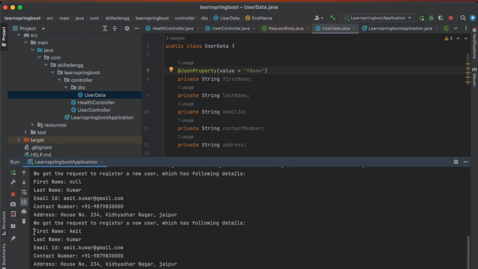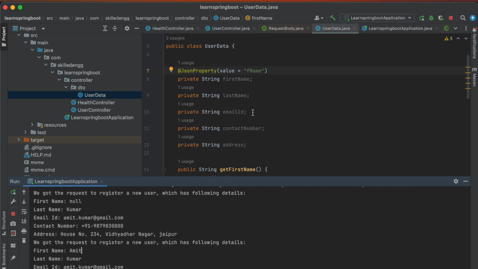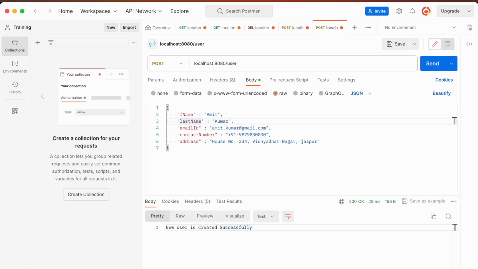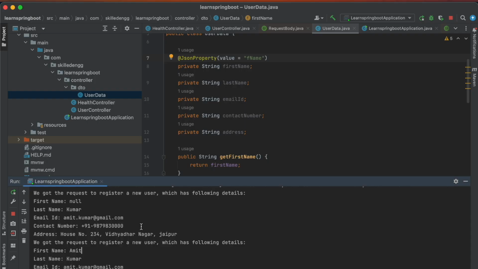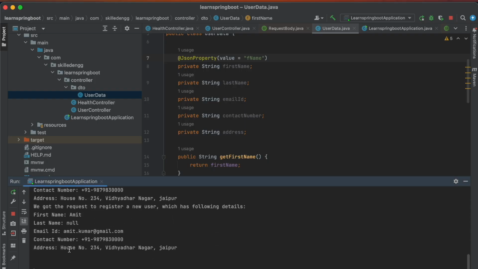So in the second one we got the expected log here. So we got the first name. Now you have seen that if we change this particular field, if I change this to last name, maybe something like this, or let's say I did some typo and I kept this as small n. Let's see for this. If I hit send, as you can see, the last name is null because it is case sensitive.